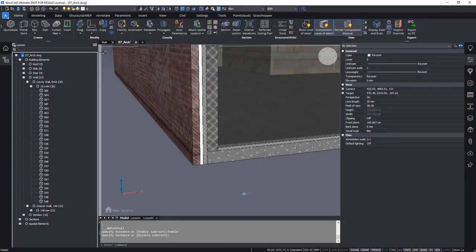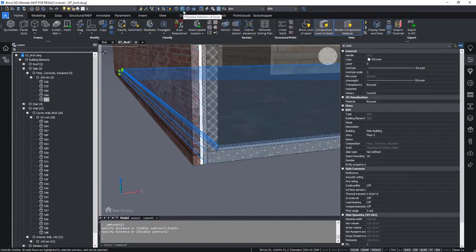Okay, finally we will dive a little bit deeper into the BIM properties. So every entity has properties. A line in a CAD drawing has properties such as color, layer, and line type. But BIM entities have these properties as well, and even more than them. So depending on the type of element which we select, such as the slab,